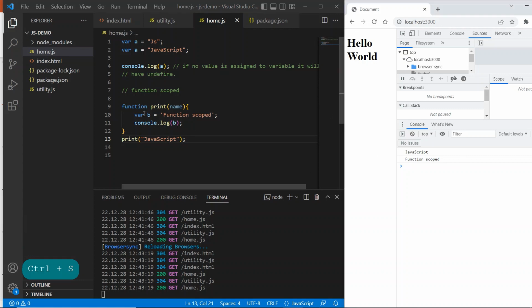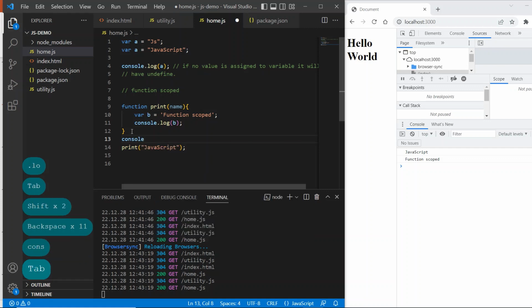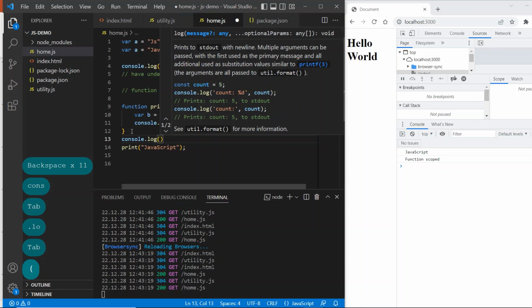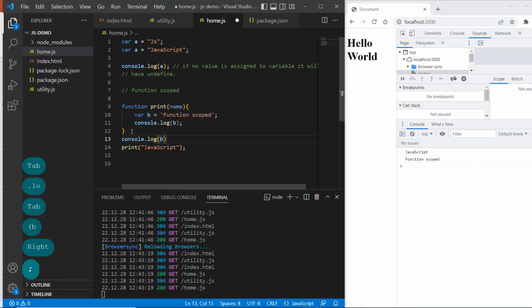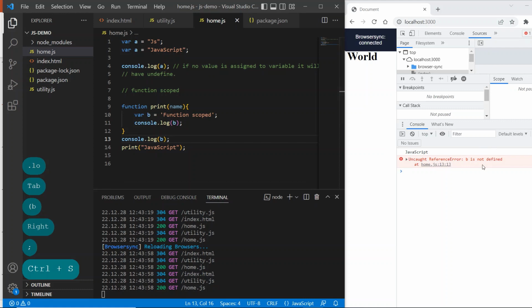But what if I try to access this variable b outside my function? So let me console.log outside my function b, and if I run it, we got an error: b is not defined.